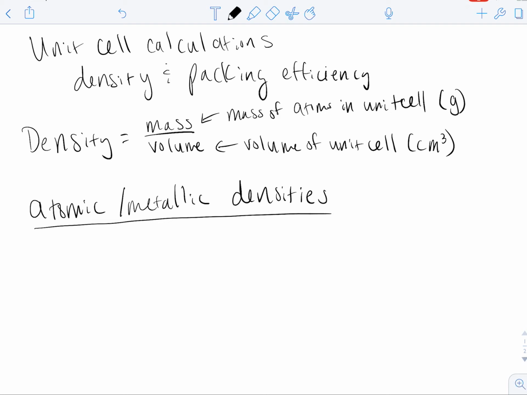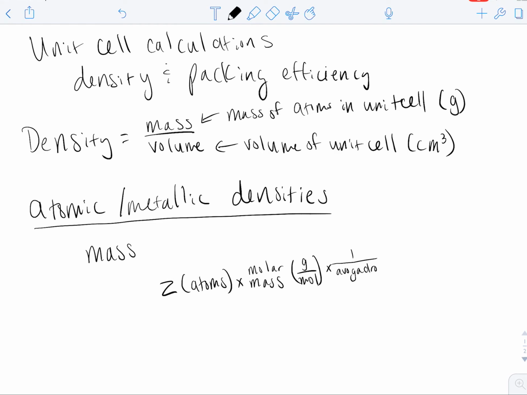And of course we're going to be also looking at ionic, but let's start with that. So here we're going to take the mass to be the mass of all the atoms within there. And they're all going to be the same, so we have just one single Z, which is our number of atoms. Multiply that by our molar mass, which is going to be in grams per mole. And then we're going to multiply it by the reciprocal of Avogadro's number,